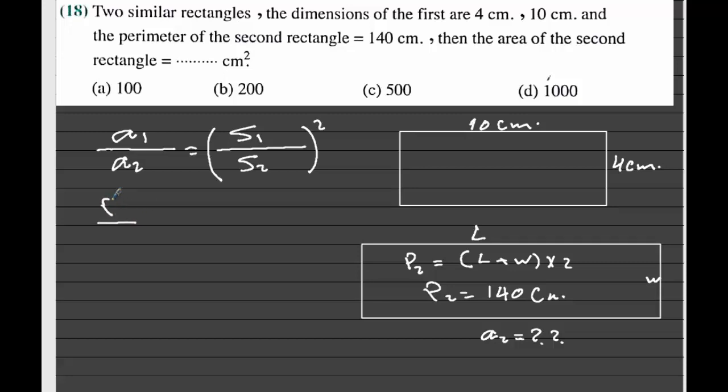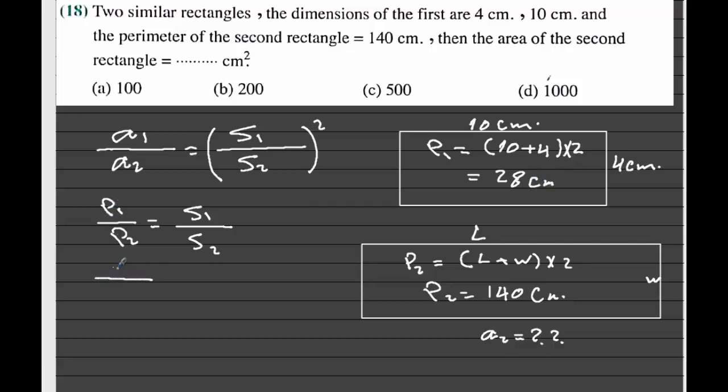We have P1 over P2 equals S1 over S2. The parameter of the first one, P1, equals (length plus width) all by 2, which is (10 plus 4) by 2, so the result equals 28, as 10 plus 4 is 14, multiplied by 2 is 28 centimeters. So we can substitute P1 as 28,